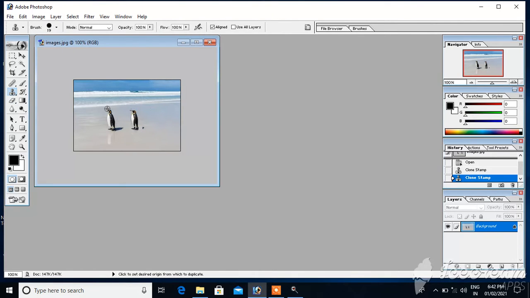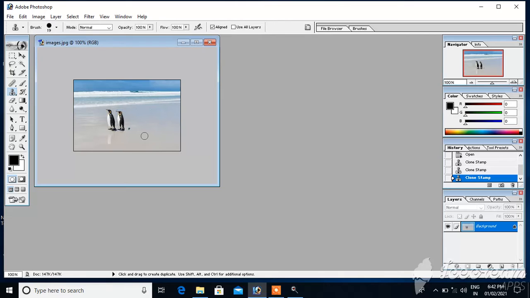How to do it? Just press the Alt key, and where you want that clone, make one more clone there.